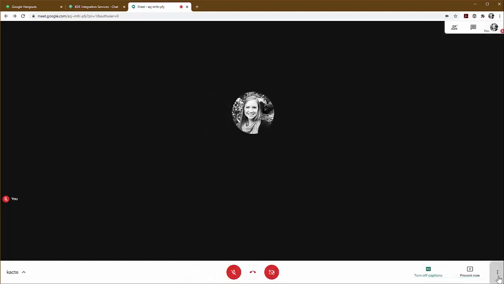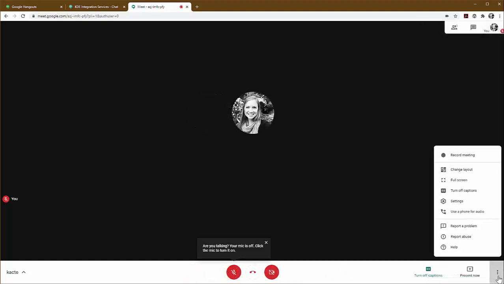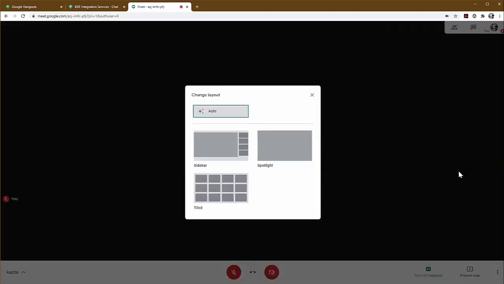From the More Options vertical ellipses in the far right corner, you have several different options. If you need to record your meeting, this is where this is located. You can also choose to change the layout of your meeting,